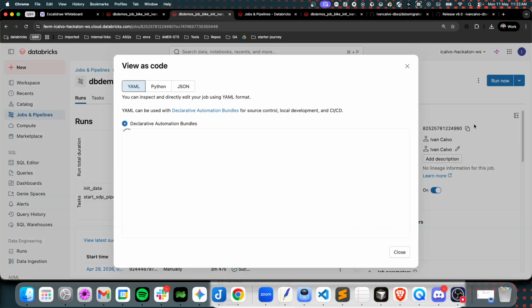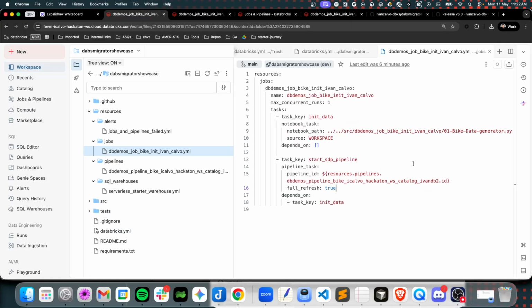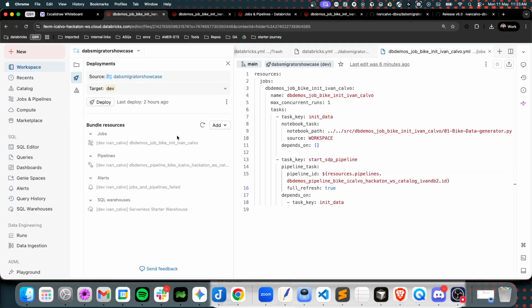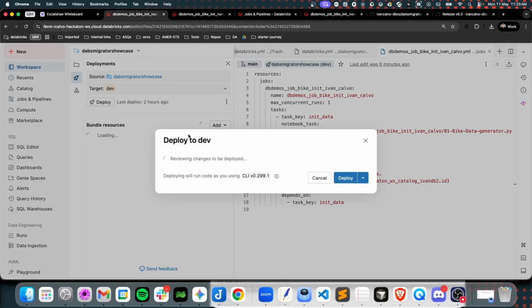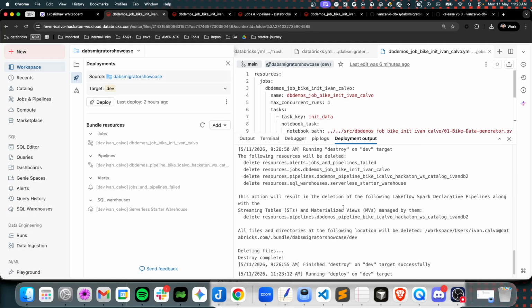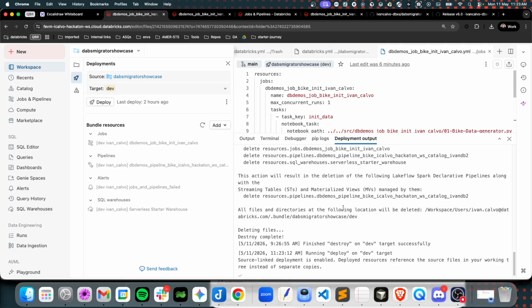If we click on view code as YAML, we can see here the ID hard-coded and the global path. So that's not happening here, which is good for us. Okay, so now we can see the resources here. Let's click on deploy, and this is going to create the same assets, but with this prefix in the current workspace, right? So in this case, let's just hit deploy,